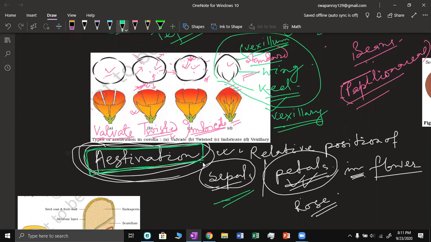And there are four main types: valvate, twisted, imbricate, and vexillary. So I will enlarge the